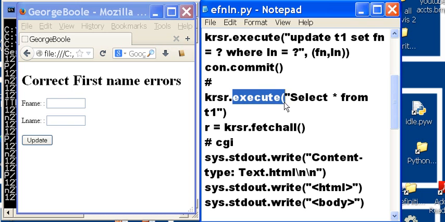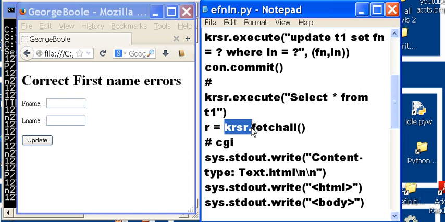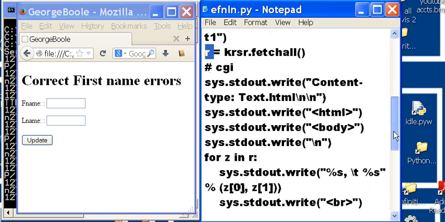Cursor, this is what I want you to do. Execute another Sqlite3 statement. Select everything from the table T1. Okay, I got all the records. Now, cursor, fetch all of those records and put them into the variable R. So R now has lots of rows of records. And here come my CGI statements. System, write to the standard output